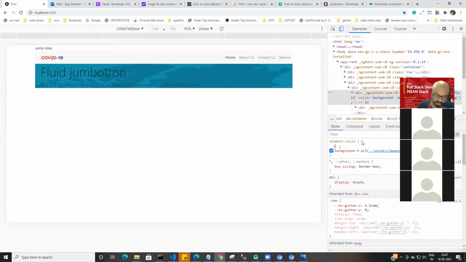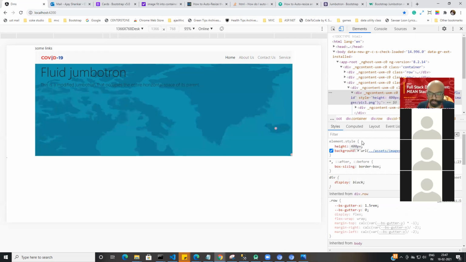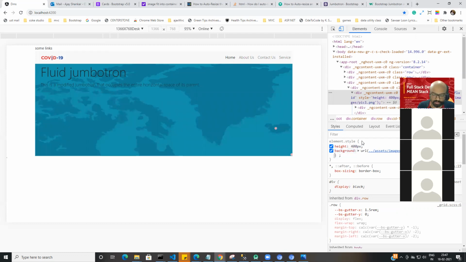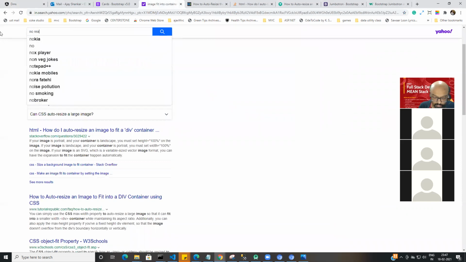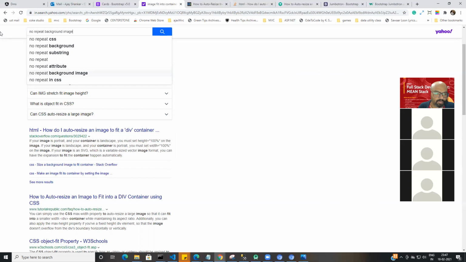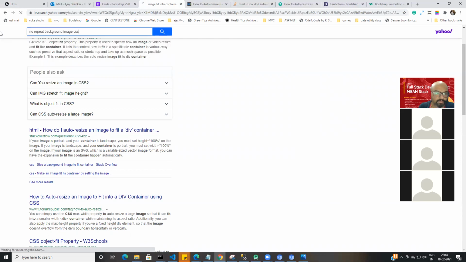And then I say height as 400 pixel and width as say 1000 pixel, and then I say no-repeat background, no-repeat background image CSS.